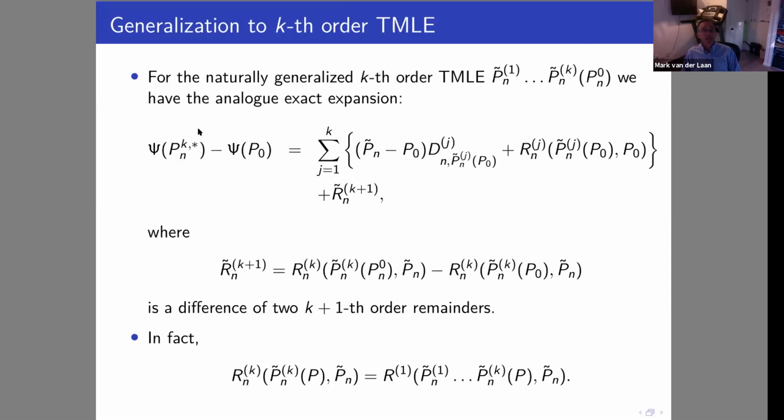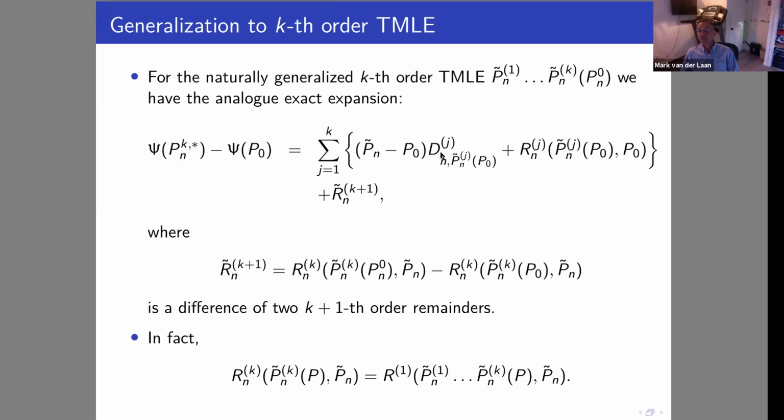And then you get that this is sequential. You compute an initial estimator, you compute the TMLE, and then that becomes the initial estimate for the next TMLE, the next, and finally you're back to the first order TMLE, which uses now this highly targeted initial estimator. And then you get as a result that plug-in TMLE minus psi p0 is again a sum from j=1 to K of pure empirical processes, little regularized through P n tilde, plus perfect remainders,